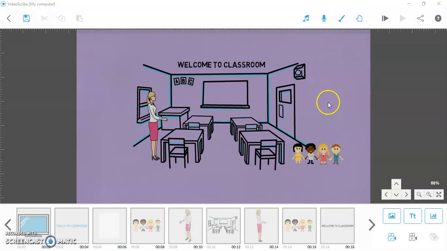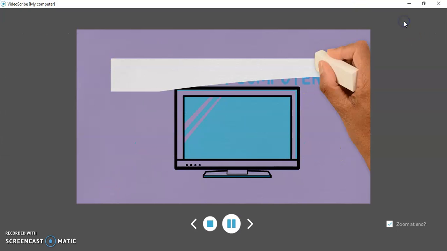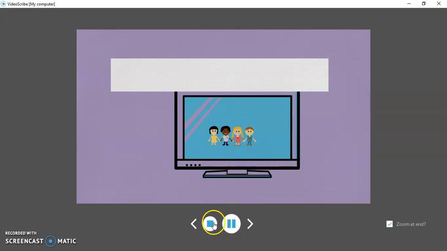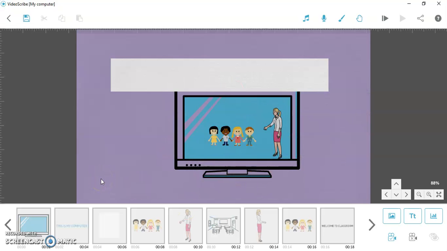Now I will see the preview of the changed part of the elements from the current view. Now it looks quite better than the previous one. Along with that we can adjust the timing of your elements from here in the timeline. Timeline is to place the elements in your scribe at the very right time.